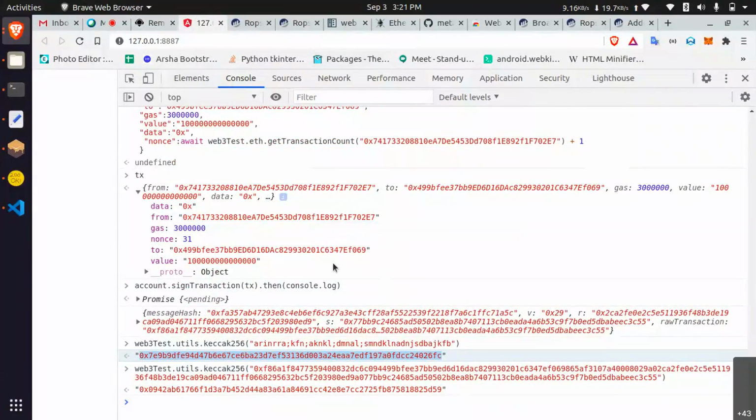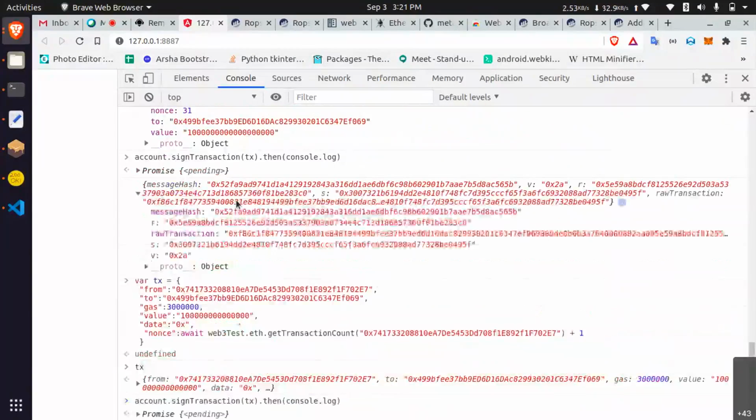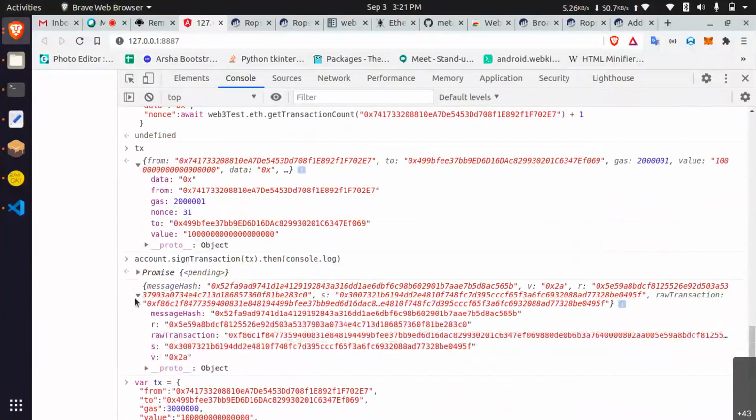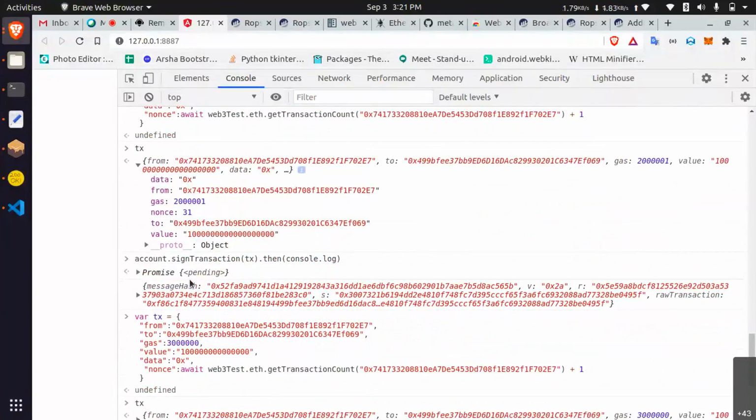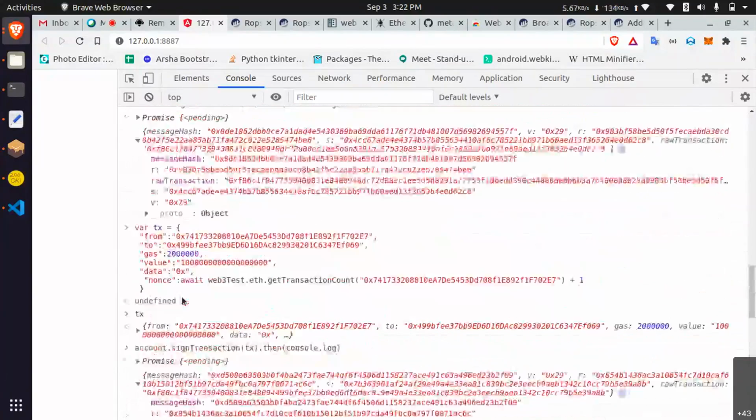Any doubts up to this, or else do you need time for executing with Web3? Anyone need time?